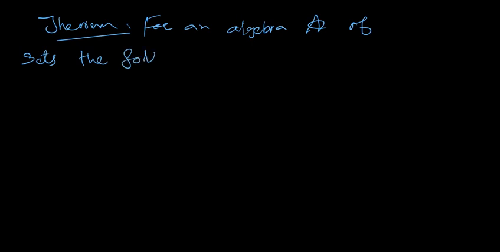The statement of the theorem is for an algebra A, अगर आपके पास गिवन algebra A है of sets, the following statements hold. The first one is the empty set and the whole space are there,